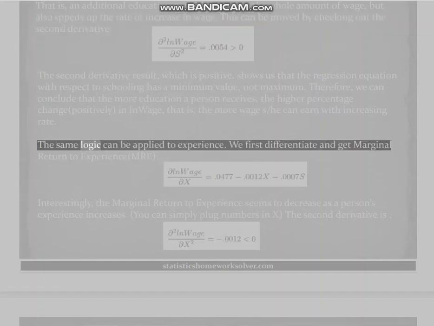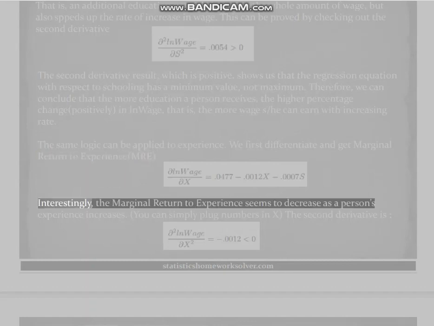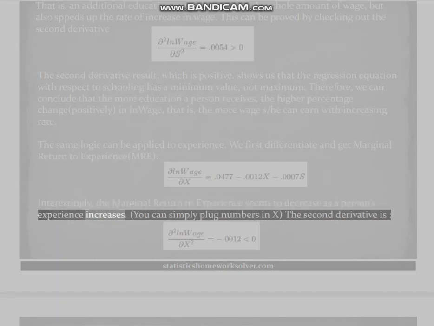The same logic can be applied to experience. We first differentiate and get marginal return to experience, MRE. Interestingly, the marginal return to experience seems to decrease as a person's experience increases. You can simply plug numbers in X, the second derivative is